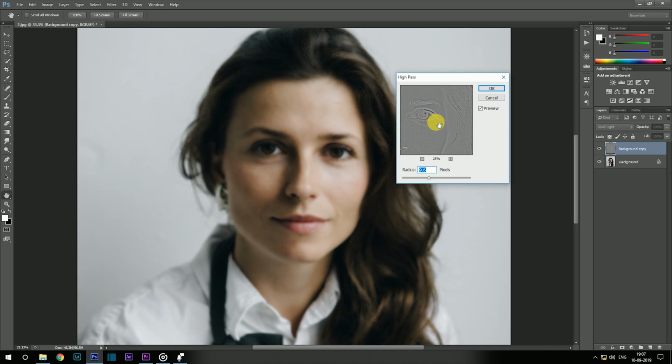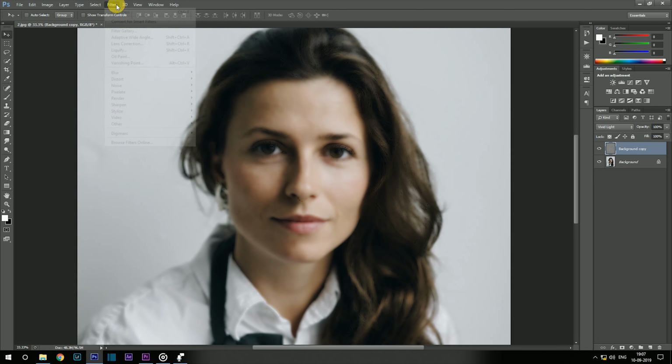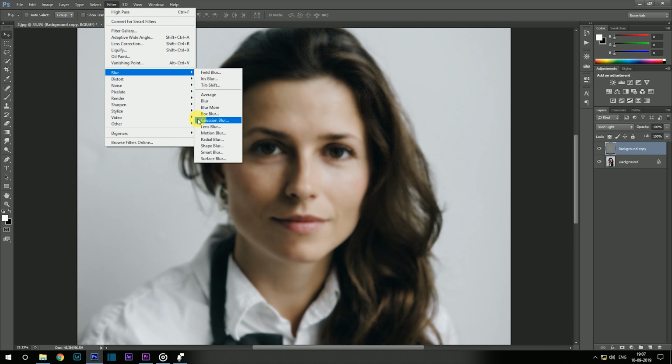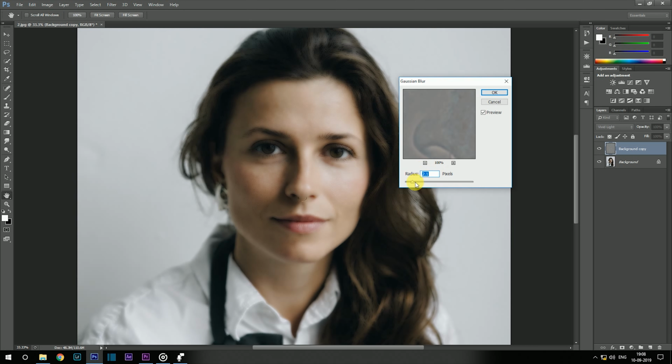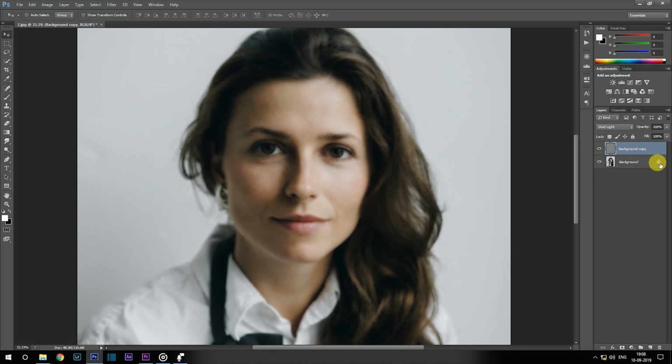the radius where you can see the sharp pixels or the sharp edges, and then hit OK, and then click filter, blur, Gaussian blur. Then choose the radius from 2 to 4 or 5. I think this is okay for me, and then hit OK, and then create a negative mask by clicking Alt